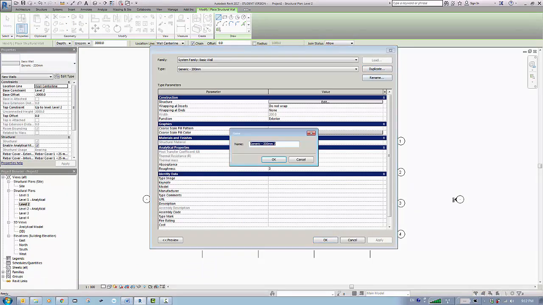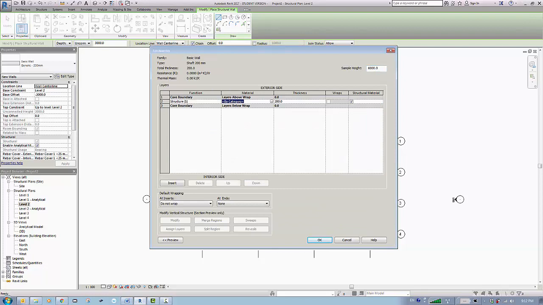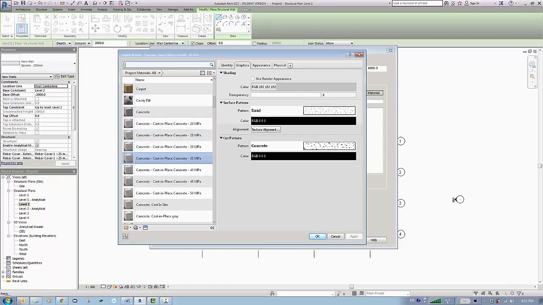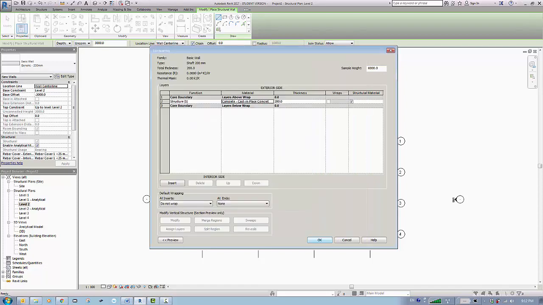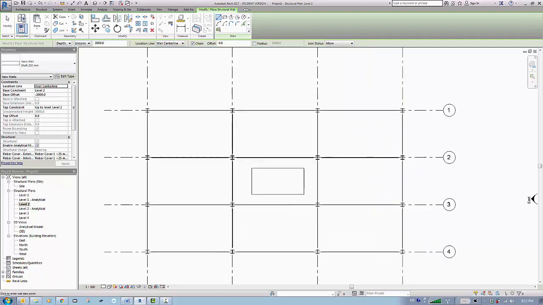I'll call it shaft 200 millimeters. I'll change it to concrete because you could also use block. So we change this to concrete. Concrete 30 is okay. Okay, so now I would like to